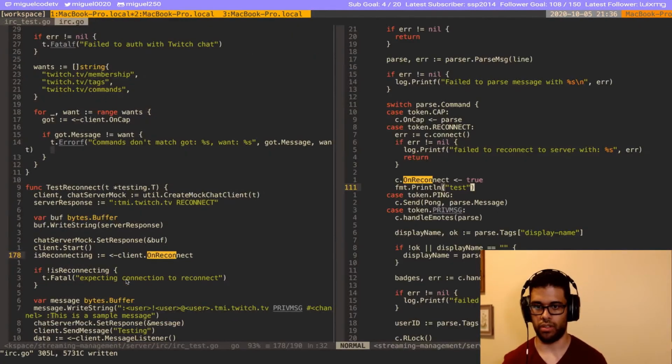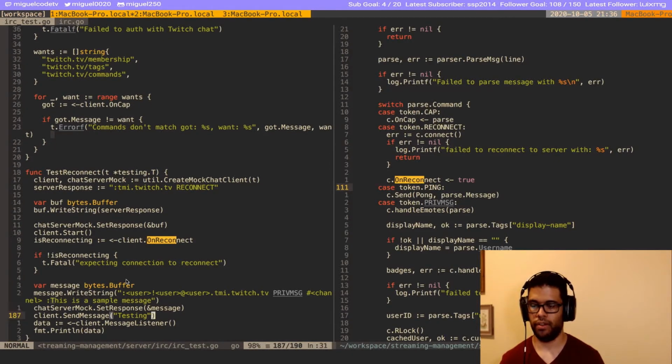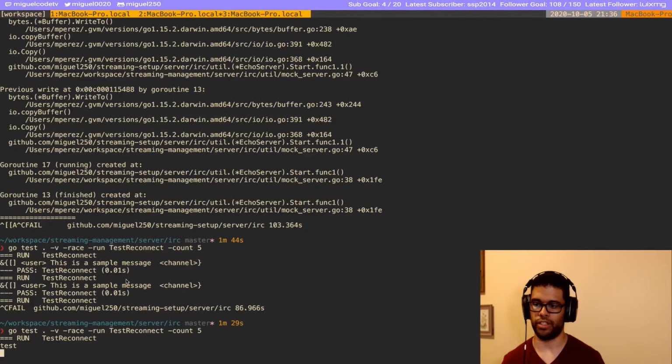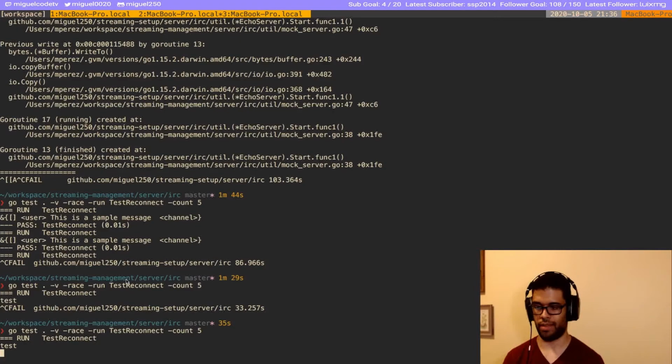Okay, so that is happening. So they should now. I wonder if maybe this might be the issue. I think the issue is mostly just a race condition between when we send a message.